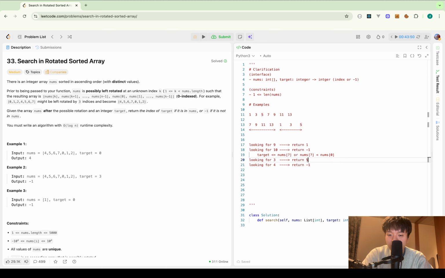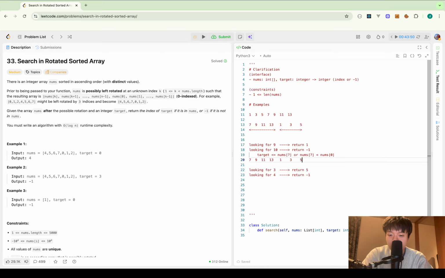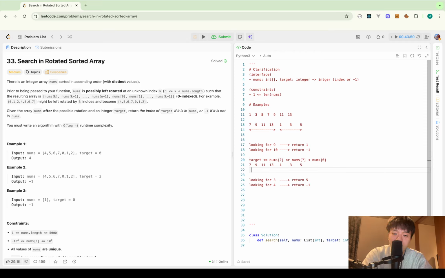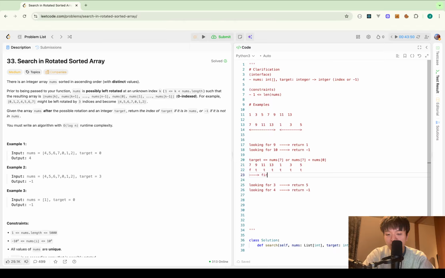So when I think of this, because the target is now 9 or 10, let's say each element meets this condition or not. Index 0 doesn't meet the requirement. So this isn't true, but this is true. True, true. And here, this is true because the number 1 is smaller than nums[0], which is 7. True, true. So now we can say, find the first true index